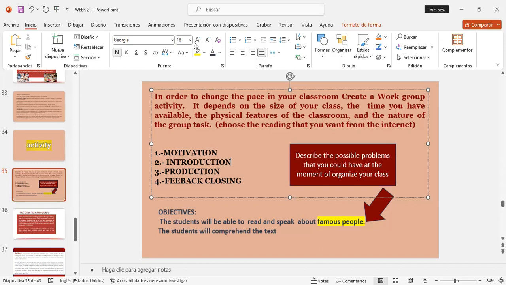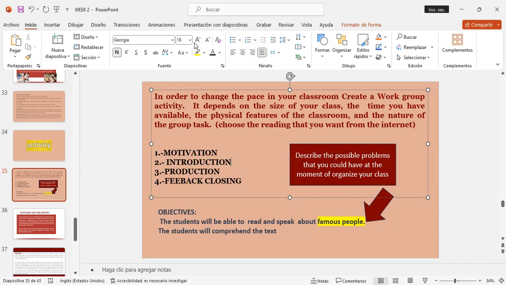So let me see. Then I have here in the Word document, number of students, 20. Time available, so it is from 25 to 30 minutes. So that is the time this activity is going to take. And there is in the document,